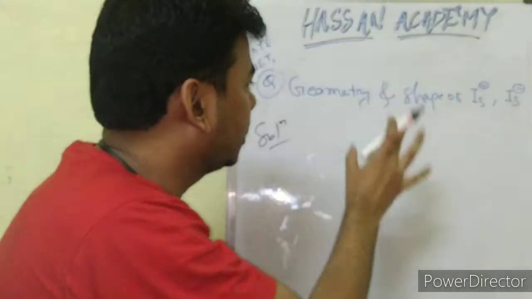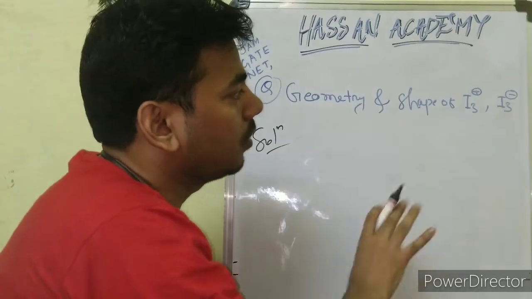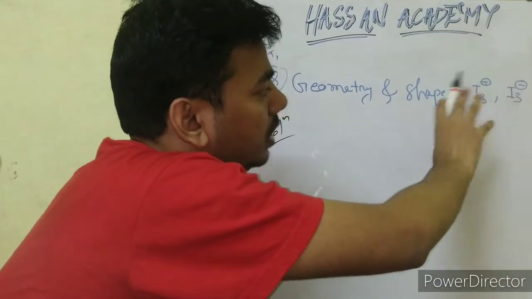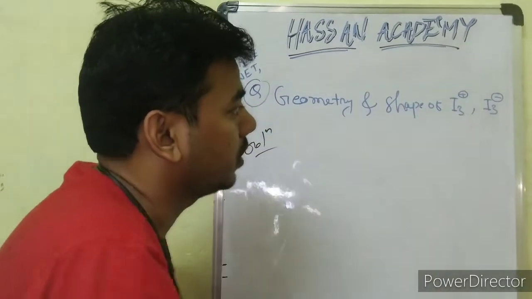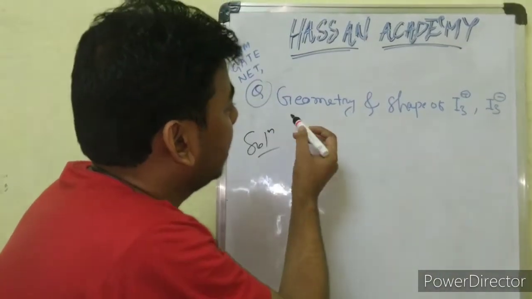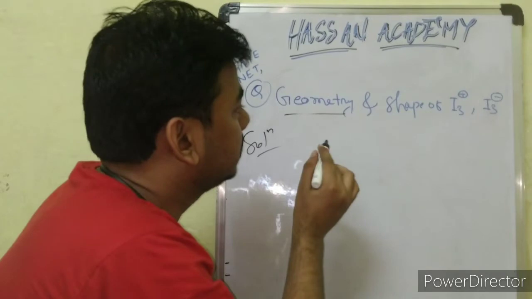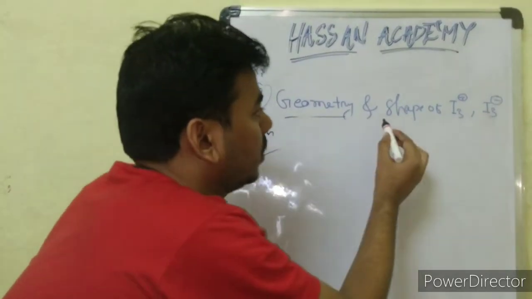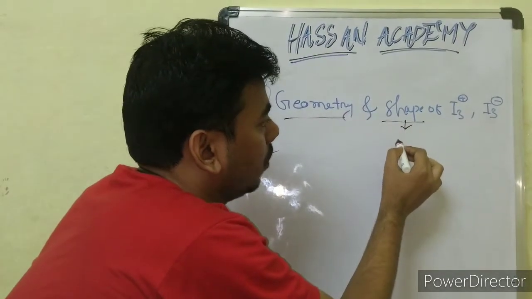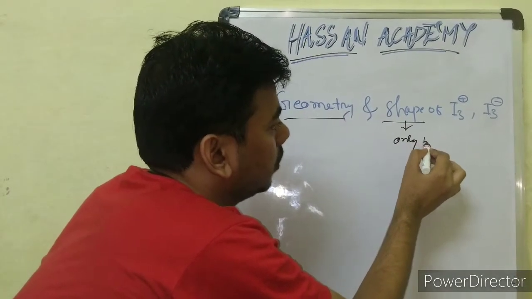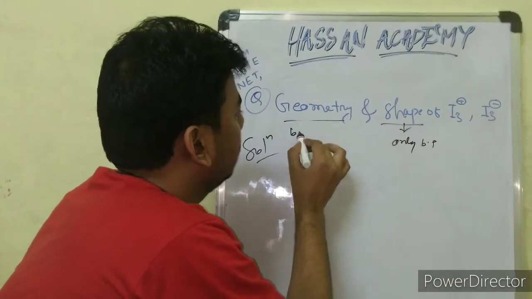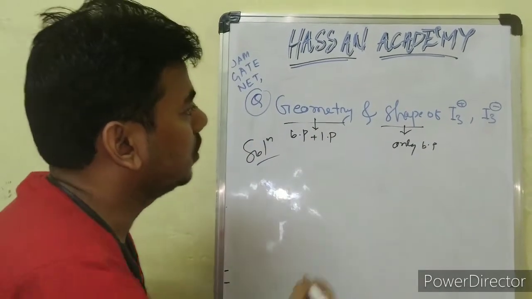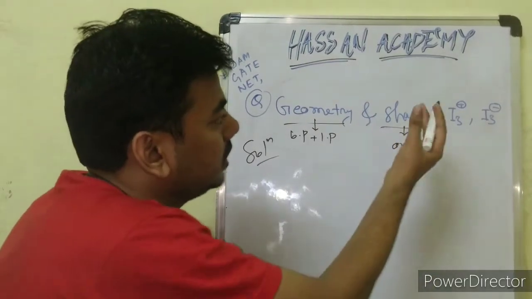I think this question came before, and this is very important for all chemistry aspirants because mostly they make some confusion here and make mistakes. That's why it's very important. Whenever they are asking about geometry, you need to consider both lone pair as well as bond pair, but in case of shape, only bond pair. Okay, so let's see how we can easily get this type of answer.